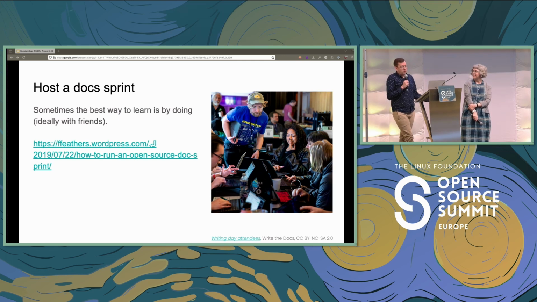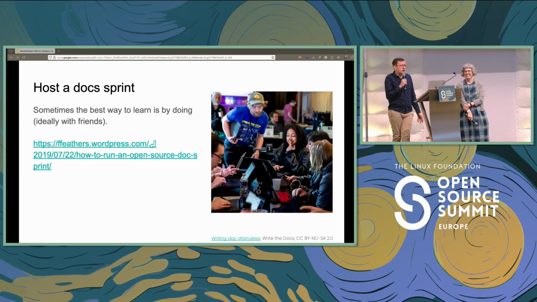So maybe in person, maybe virtually, maybe at a conference like this, it's a great opportunity to start running through the process like shown in the Docs Advisor, or picking a project that applies from information you already have from the documentation project archetypes, and doing those things, even in miniature. So you could update your README file or refresh a wiki page, and that's going to be a great way